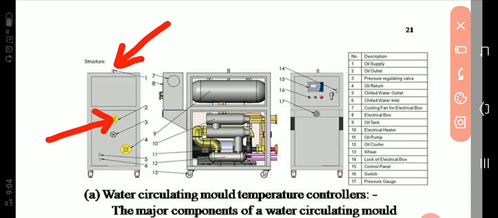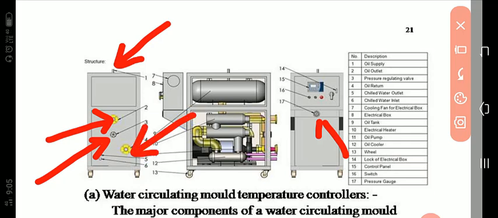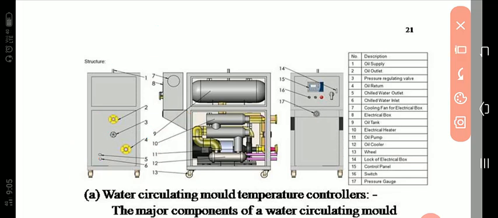Also it has a pressure regulating valve, this is the pressure regulating valve, and it has an oil return, and a chilled water outlet, this is the chilled water outlet, the upper one, and the lower one is the chilled water inlet,